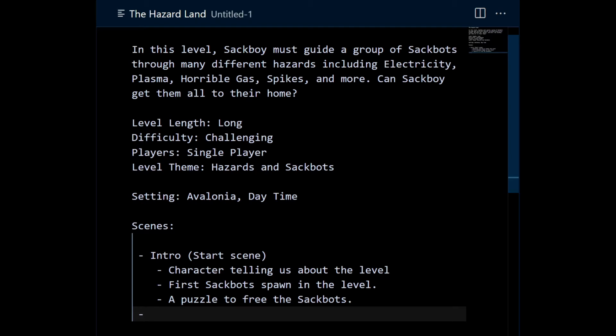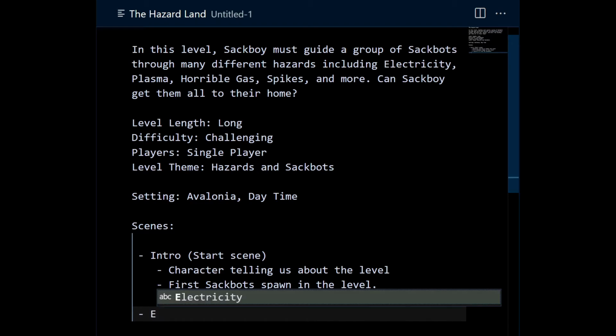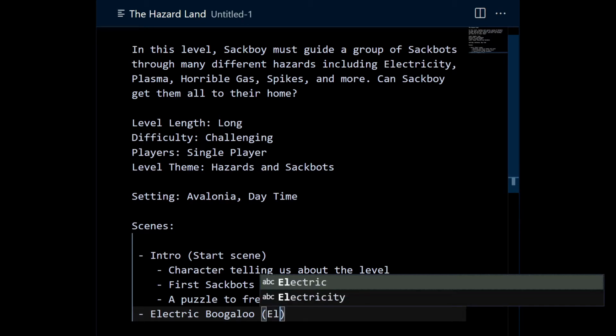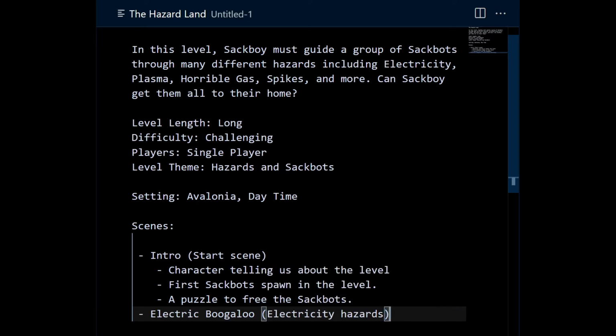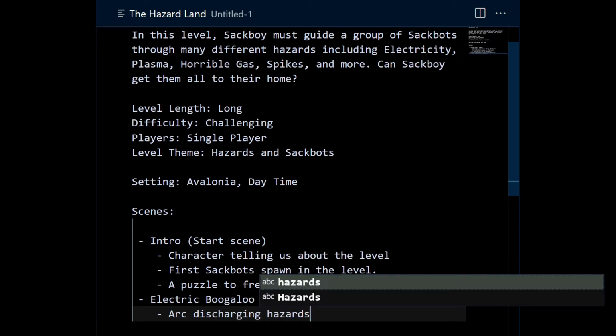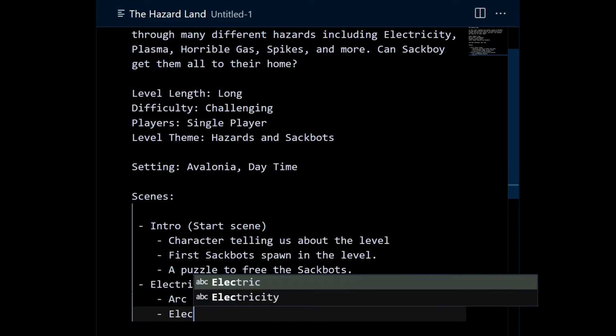And then maybe our next section is going to be a very electricity-based section. Which I'm gonna call Electric Boogaloo as a reference to my friend Trey. So this section is probably gonna be based around electricity hazards. And making sure that the sackbots don't get hit. So we could have things like arc discharging hazards, electric floors,